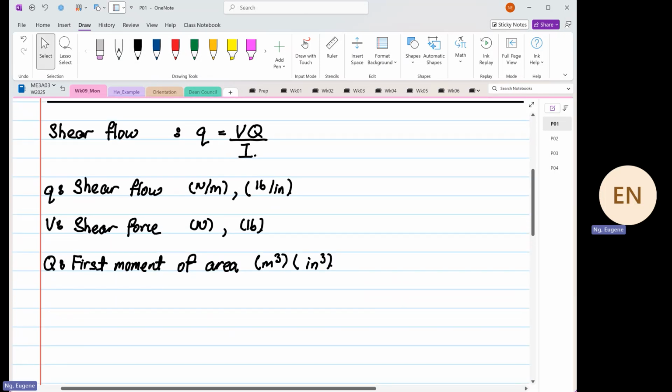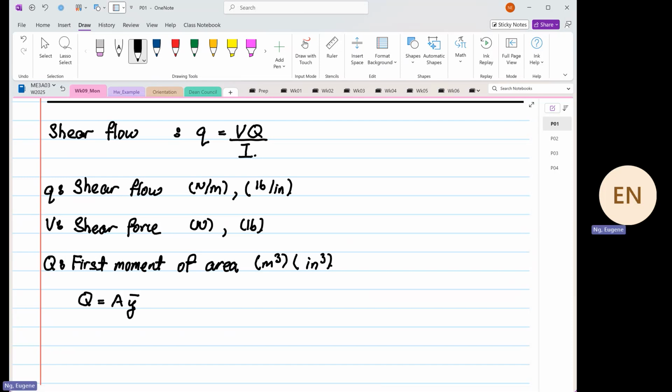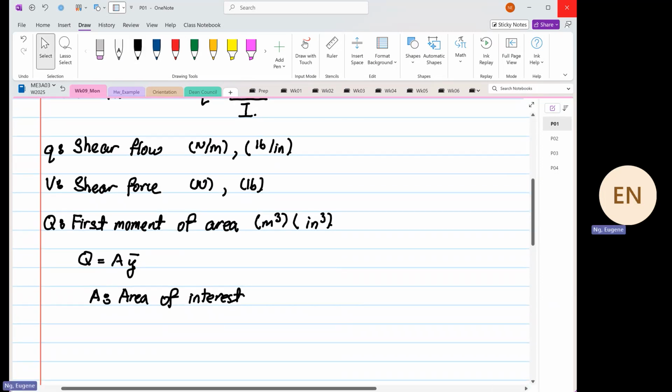And then if we look at Q as a formula, it is equal to A y bar, okay, where A is defined as the area of interest, as in meter squared,